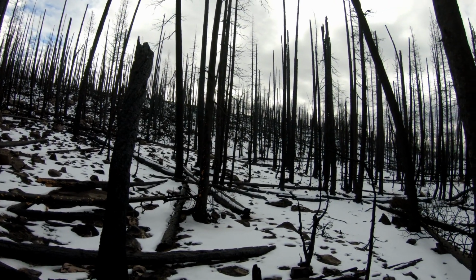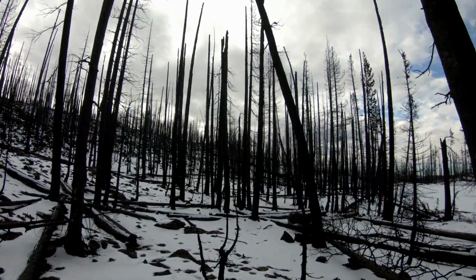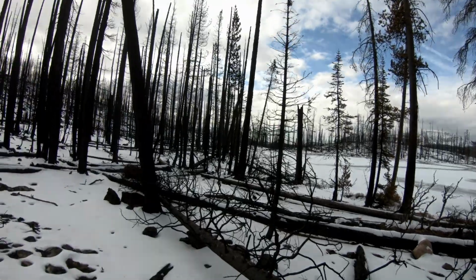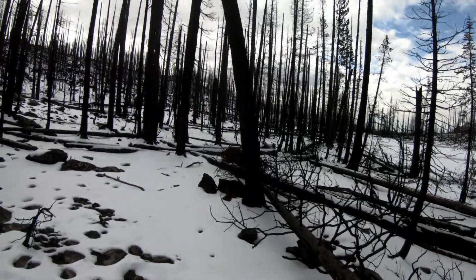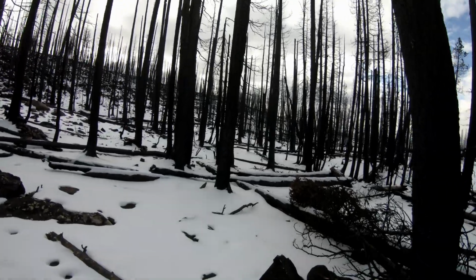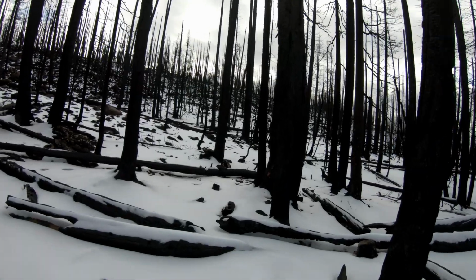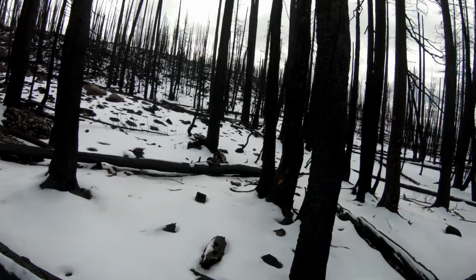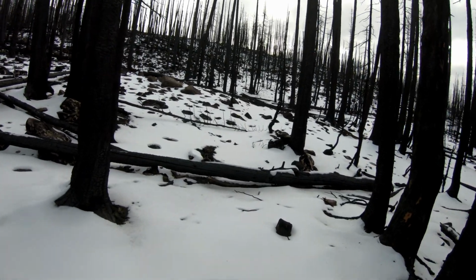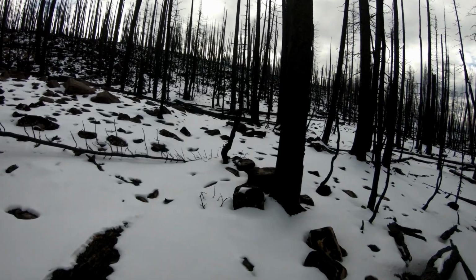Well, this is very strange walking through this, and a little difficult to find the trail. I don't have a route on my inReach for this due to some technical difficulties that I got to call customer support about, but there's a lot of trees that came down because of the fire, and so it's not particularly clear where the trail is. Thinking I'm on it right now, but